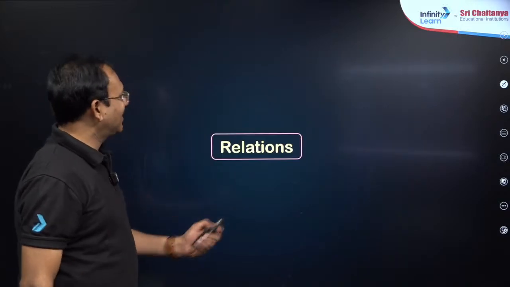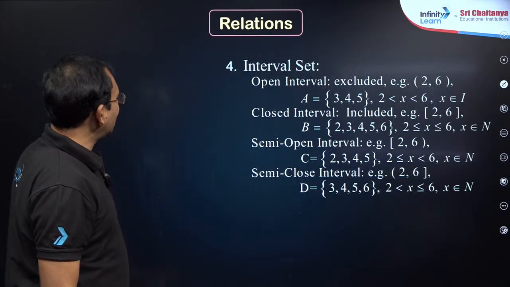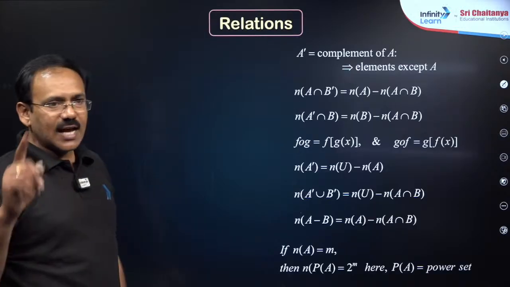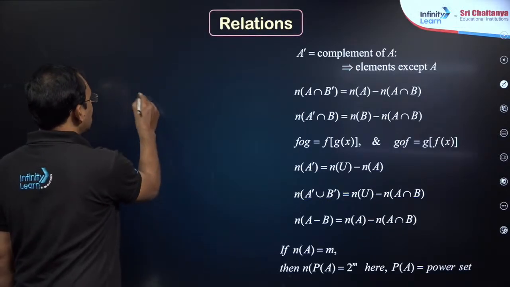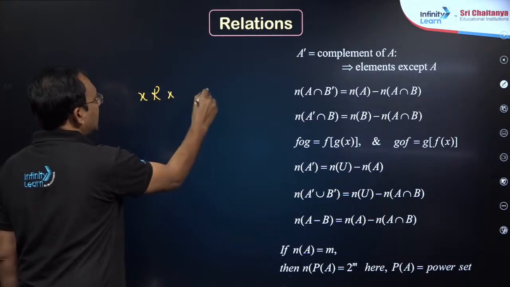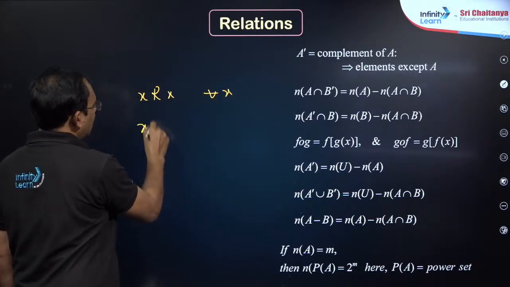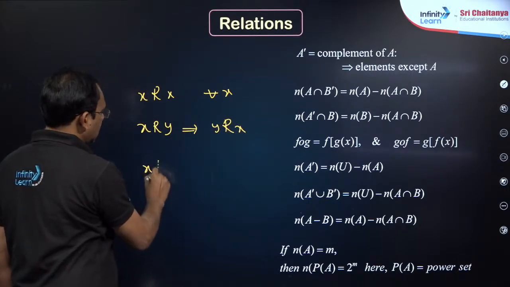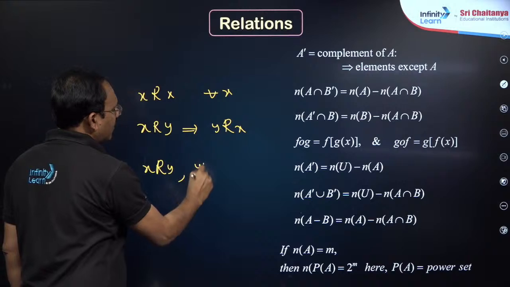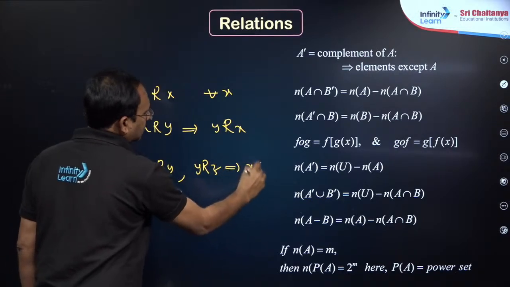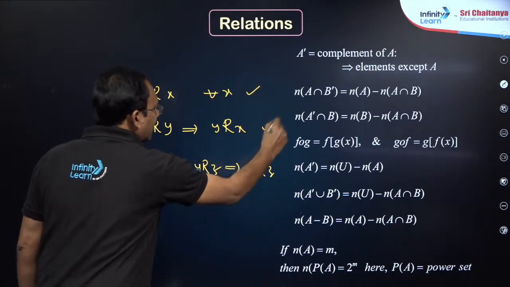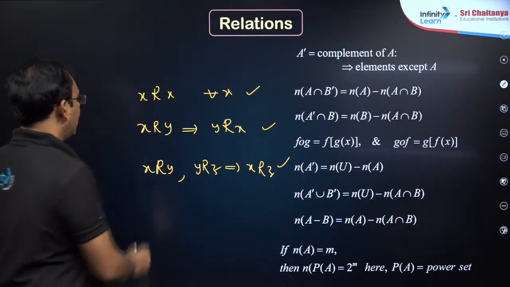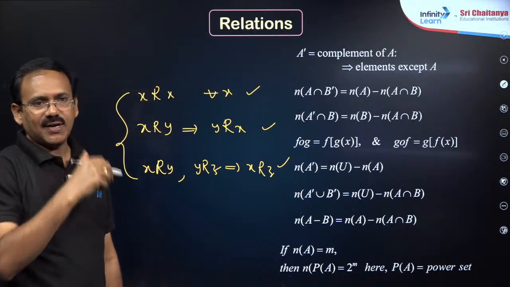Yeah. Set theory is fine. Relations, my dear friends, relations में function हो गए. Relations, types of relations are important. A relation is said to be reflexive if x related to x for all x. Symmetric if x related to y, y related to x. Transitive, x related to y and y related to z implies x related to z. Reflexive, symmetric, transitive. If a relation is reflexive, symmetric and transitive, we call it an equivalence relation, my dear friends.